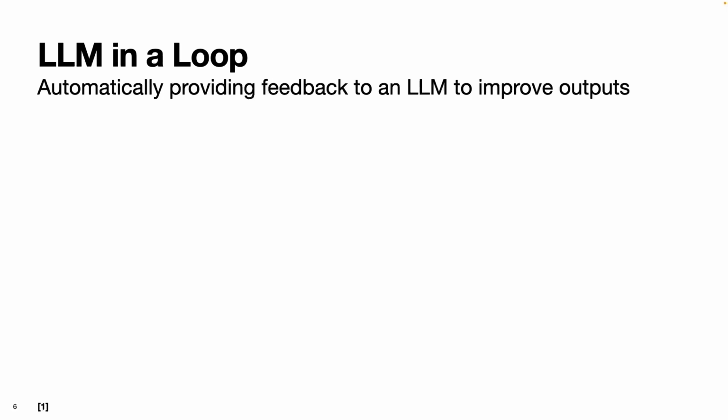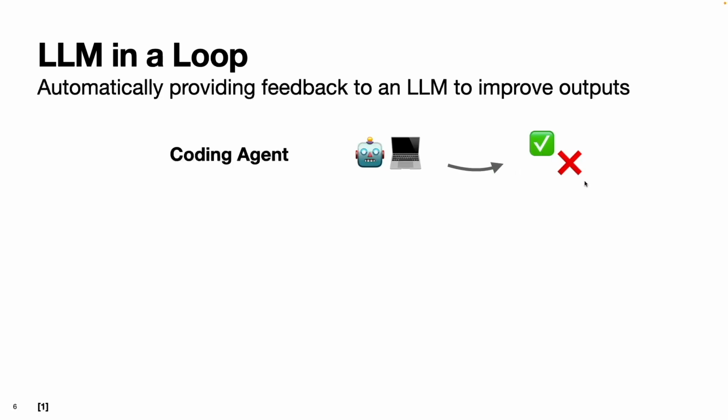And so there are countless ways that this can look in practice, but just a few examples are maybe you have a coding agent that is tasked with completing GitHub issues. So maybe the way this will look is we'll have the agent write some code, then we'll see if the code produced by the agent passes unit tests and actually runs. And if the code doesn't run or it fails some of the unit tests, we can gather that feedback and feed it back to the model and have it try again. And then we can just continue doing this process until the code runs successfully and all the unit tests pass.